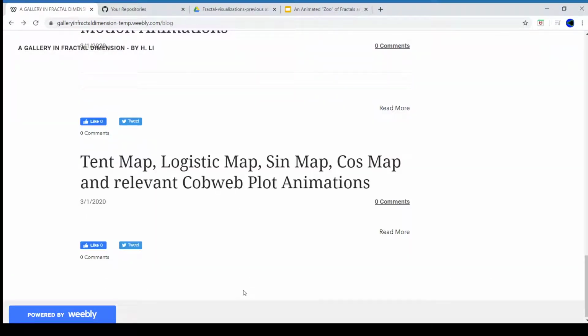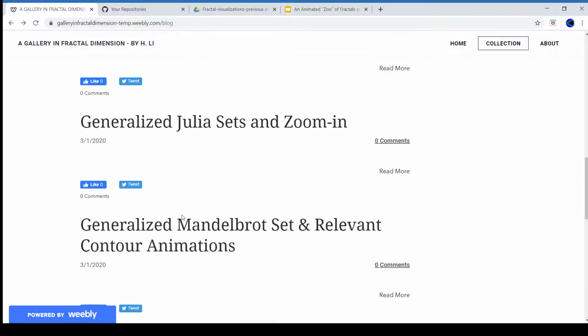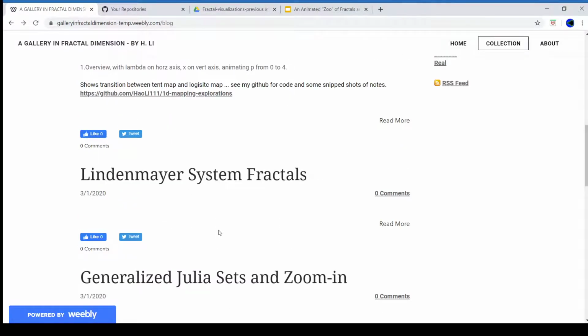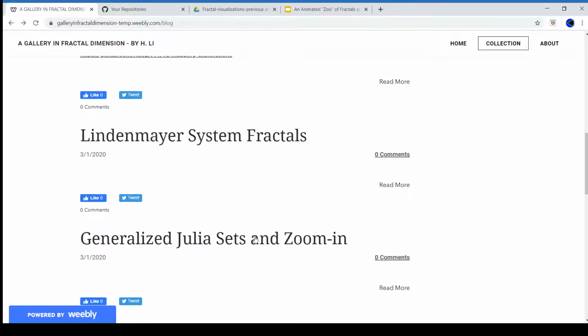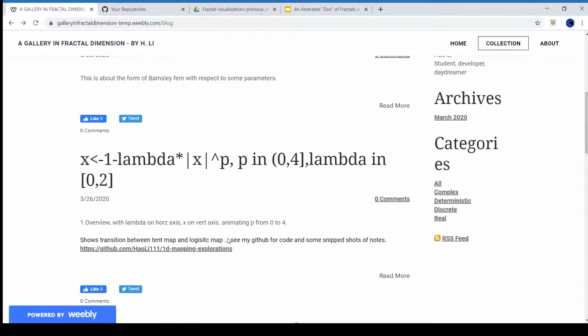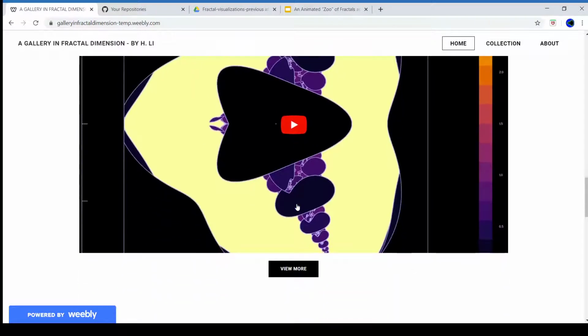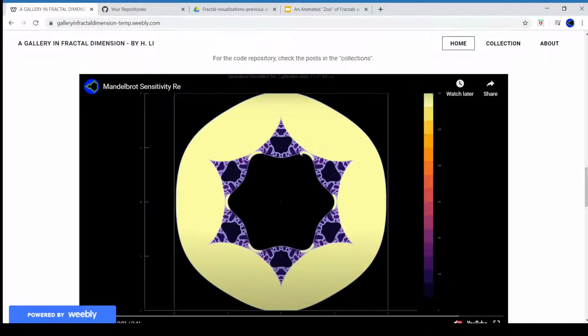So that's the first problem, and for the difference equations, we can have different equations based on complex numbers, and namely we got the Mandelbrot set and the Julia set, which are the two I guess most typical things we start with. I haven't done this very systematically, but if you go to the homepage, I have done the Mandelbrot set with respect to the power. You can see z to the power of something plus c,